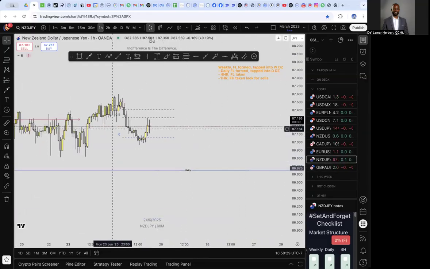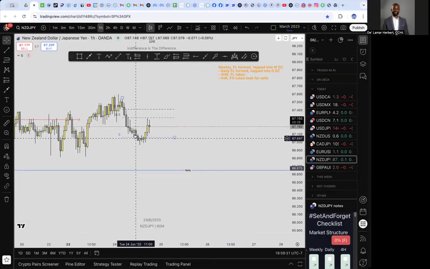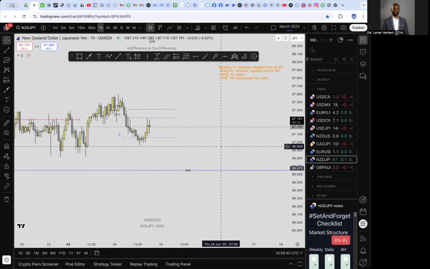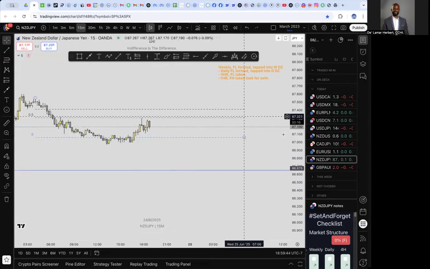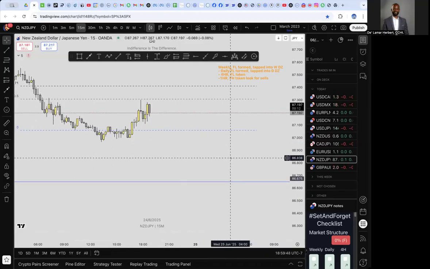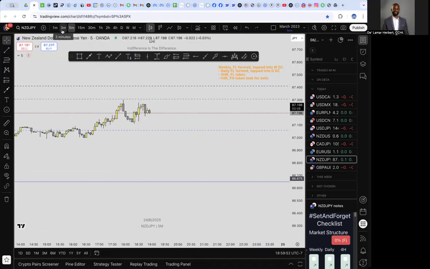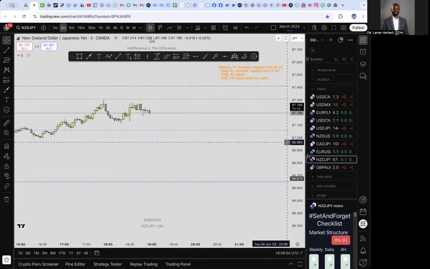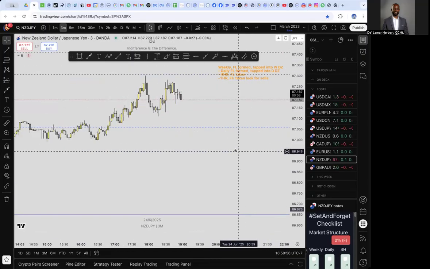We have a 1 hour down, bearish movement, but this is a first high that looks like it was already taken, and it's just barely touching into this 007 zone on the 1 hour. So we'll be looking for sales here. I mean, we can take a risk entry here to be totally fair. We definitely take a risk entry here. Let's see what we got here. Yeah, absolutely. Here on the 3 minute,